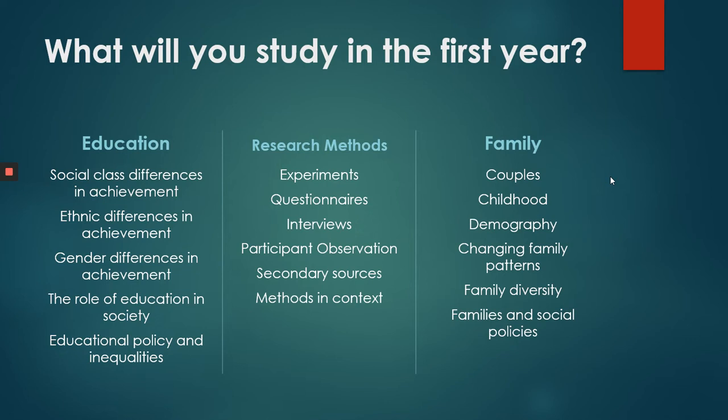We'll look at where they live, what kind of diet they have, parental values, the language that they speak, and the impact this has on achievement. So, for example, why do middle class students tend to do better than working class? And we'll also look at this from an internal perspective, so we'll look at it at school. For example, teacher labelling. What impact does this have on students' achievement?